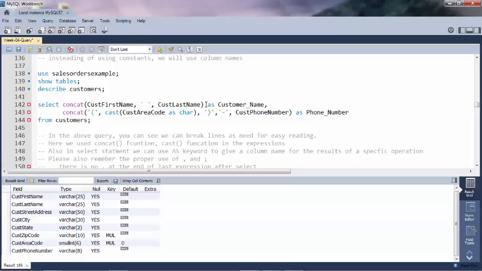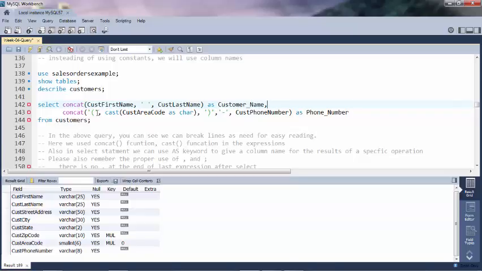And we can rename whatever we have created as customer underscore name. So as is another keyword. Basically we can give a name for a specific expression, and then the comma here indicates the first operation is done. The second operation is also a concat